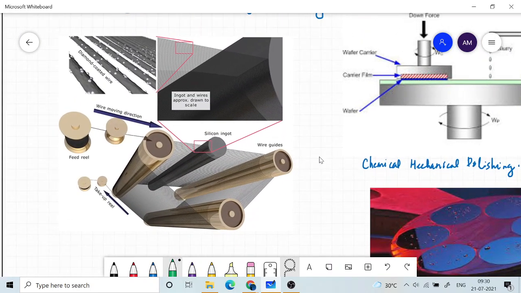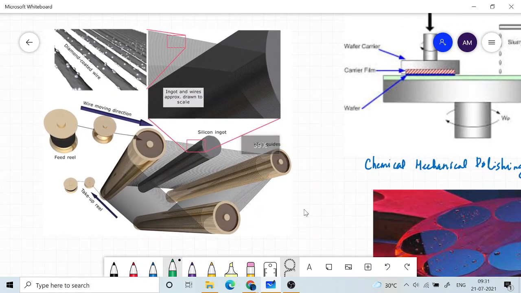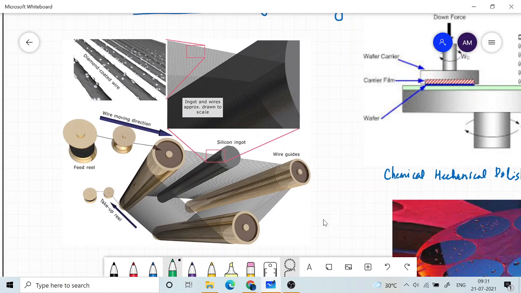Is it visible? Okay, so this is your silicon ingot, and the rest of the things are basically some pulley mechanism,